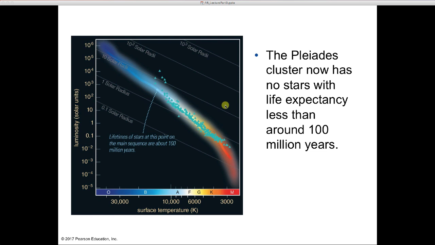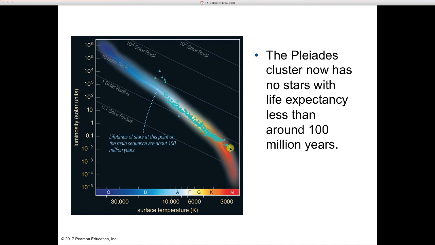And we plot those stars on an HR diagram. So what this shows is a plot of the Pleiades cluster, and these little triangles represent individual stars. You look at the Pleiades cluster, which is an open cluster, and you try to measure as many stars as you can. Try to measure their temperature, try to measure their brightness, and again you do this using various